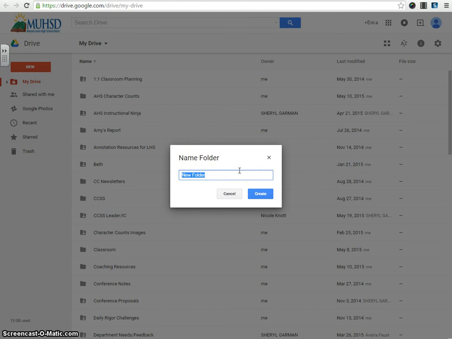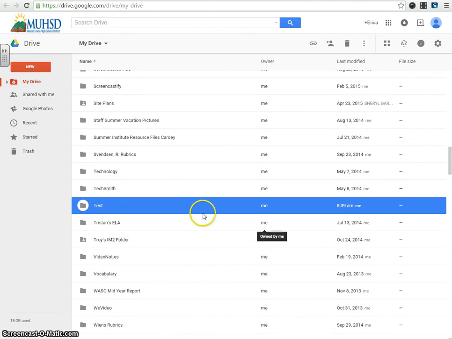You're going to call it whatever you're going to identify it by. So I'm going to call this one test. I'm going to click create, and it's going to drop that folder into my main list of folders in alphabetical order. Now, if I want this to be a subfolder in one of my existing folders, all I'm going to